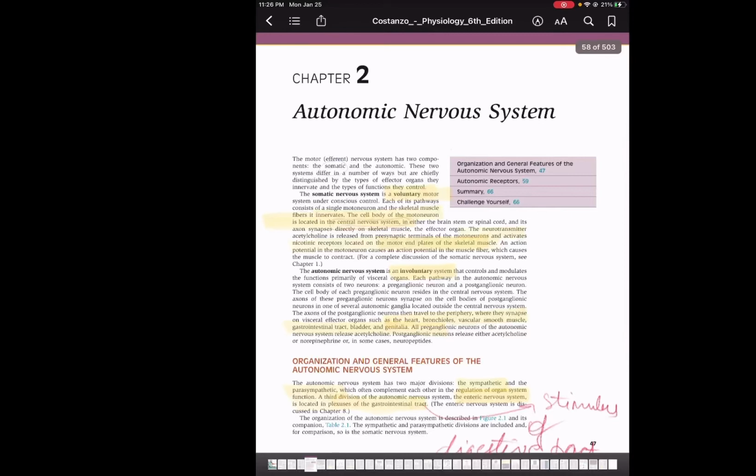Nervous system. I will tell you the important points of the first 5 pages. I'm going to do 5 pages every day, and if I make any mistake, you can let me know in